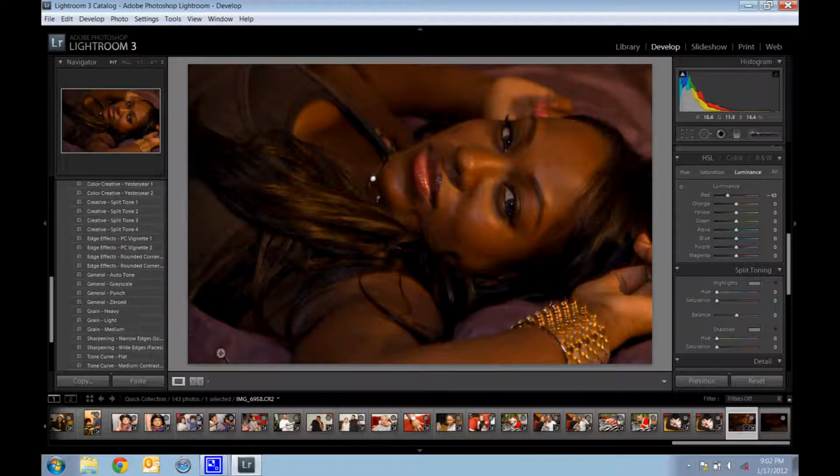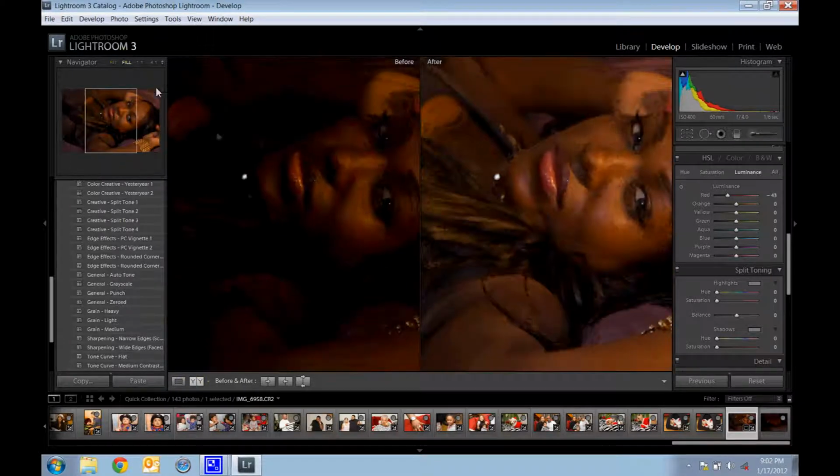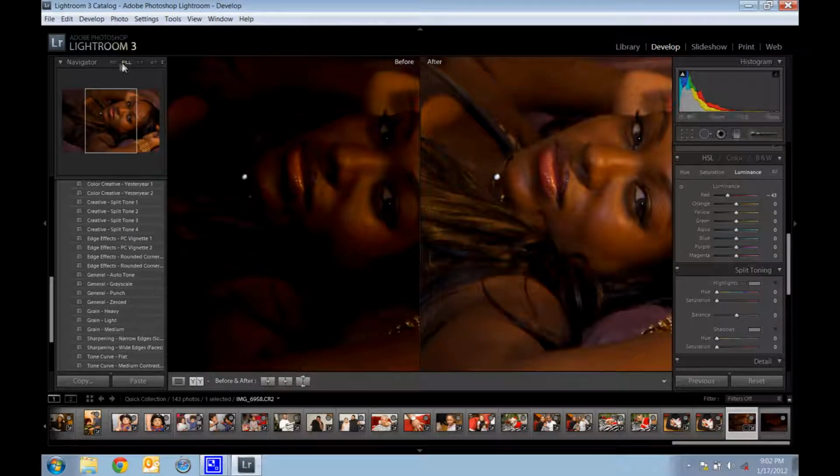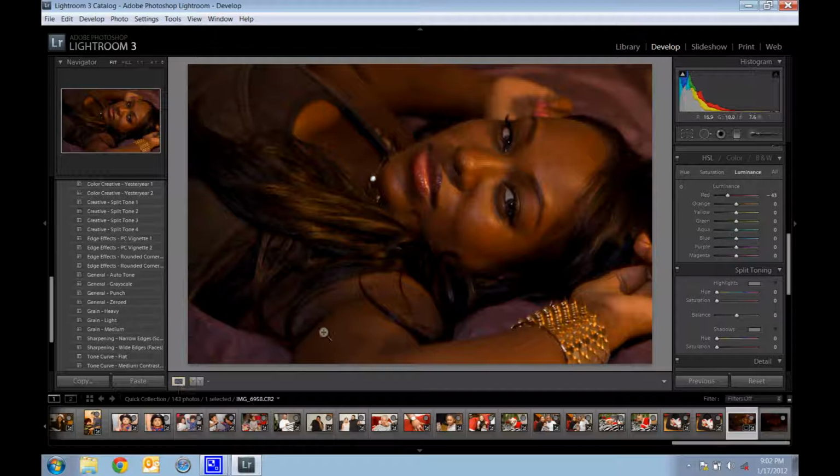Let's go to a before and after shot. And as you can already tell, we're making good progress. Okay, lower it up a little bit. Looking a lot better actually. Go back to the one we're working on here. All right, so